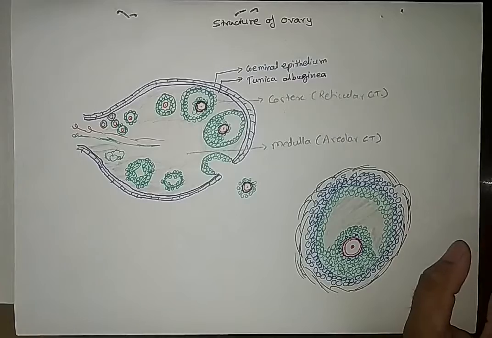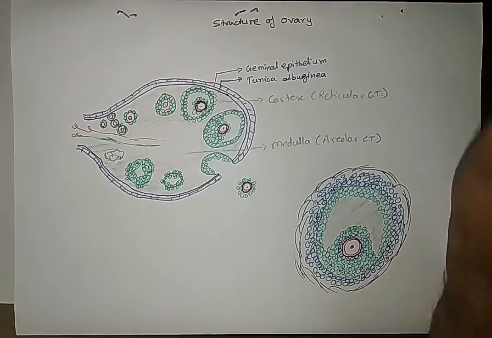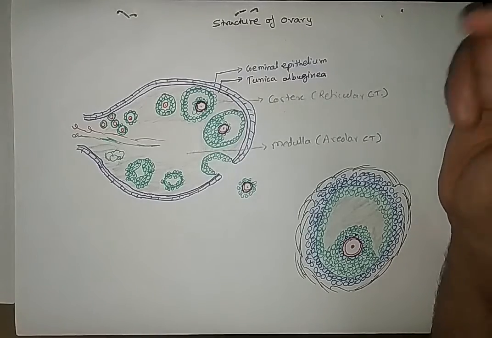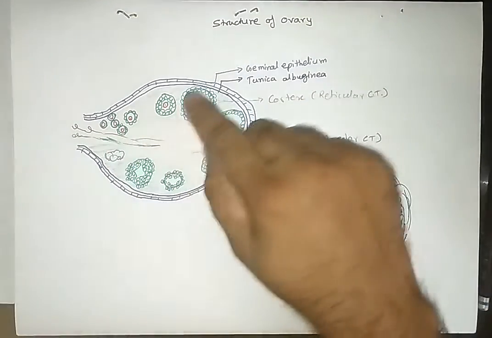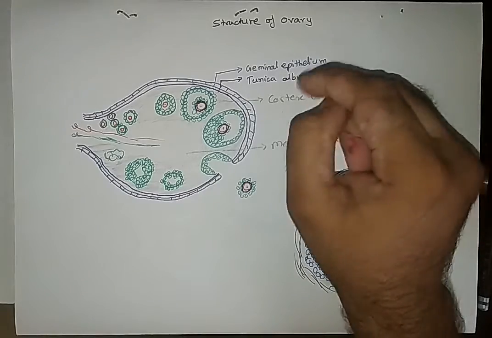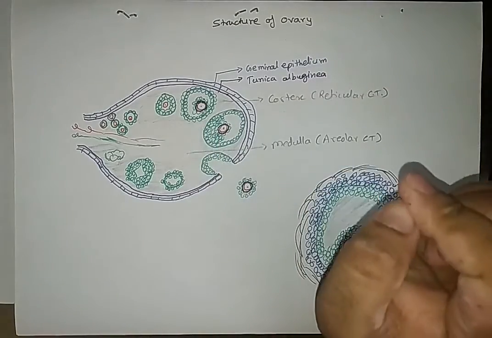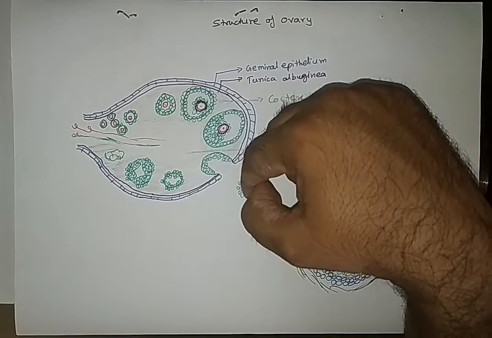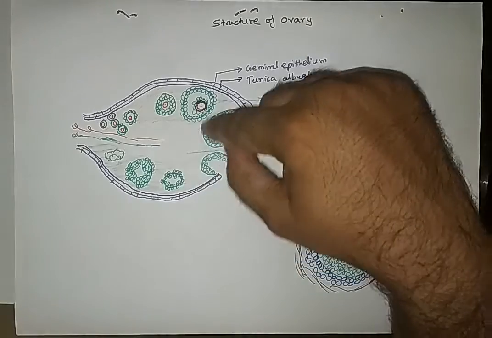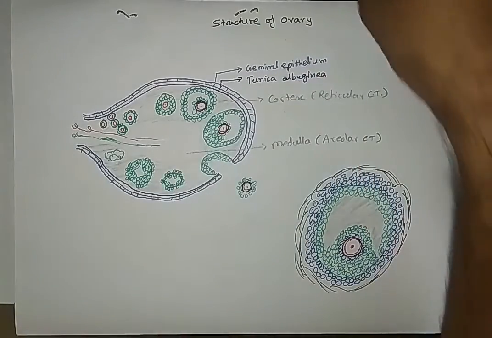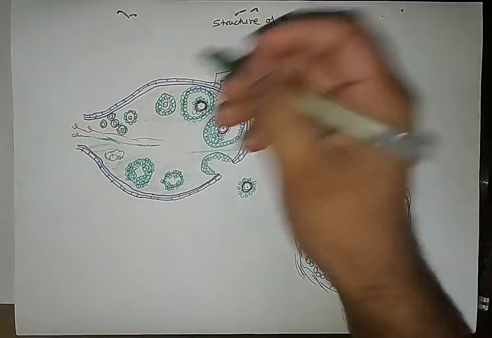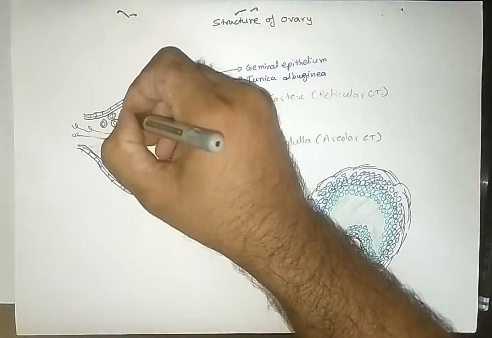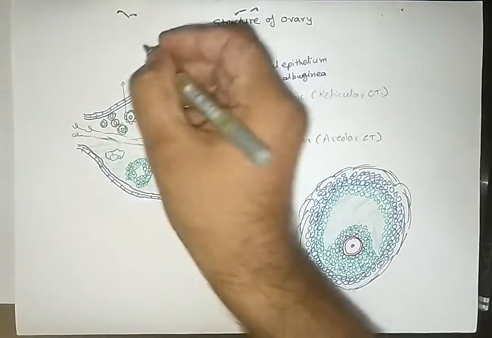Now the primary function of the ovary is to produce the secondary oocyte, or egg we can say. All these events, that is the production of egg, mainly happen in the cortex region. So we will start from the beginning to ovulation, and after that how the follicle degenerates. To start with, initially there are multiple primary follicles present in the ovary.